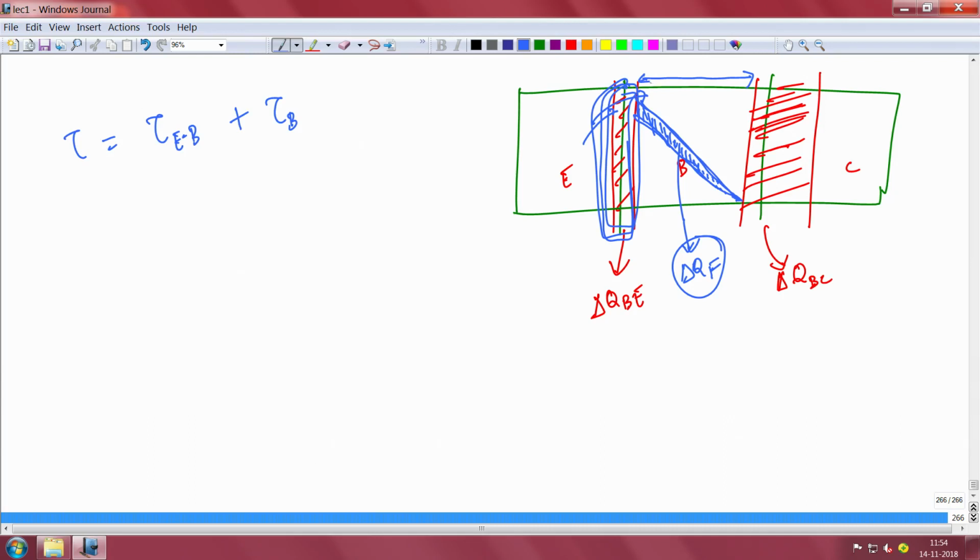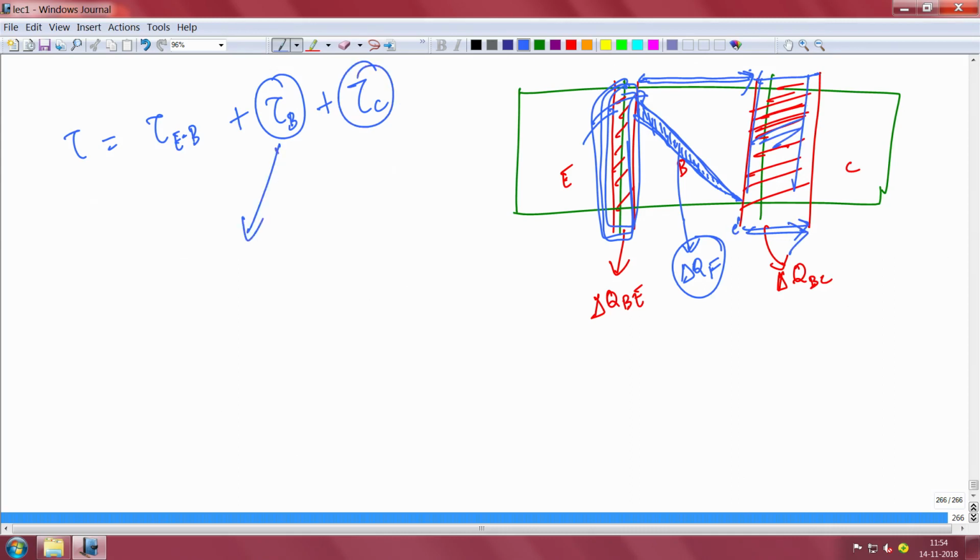As the electrons travel through the base, there are two types of delays that will be clubbed under base delay. And then there is a collector delay, because there is a charging and discharging of the capacitor, and also the electrons have to travel through this distance. So there is also a transit delay as they move across. Also there is a charging and discharging delay here. Both of them are clubbed in here.